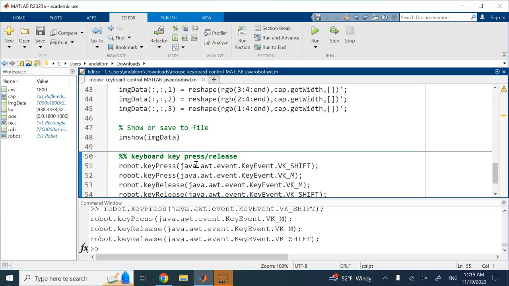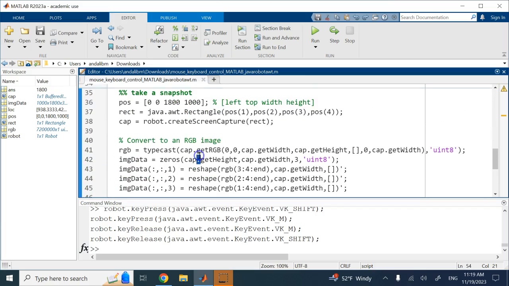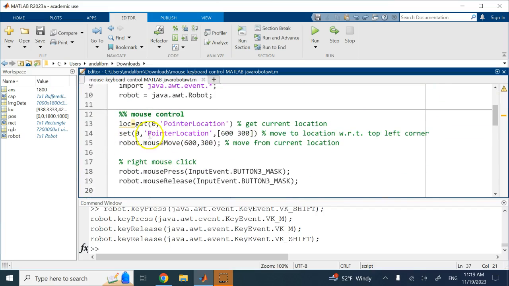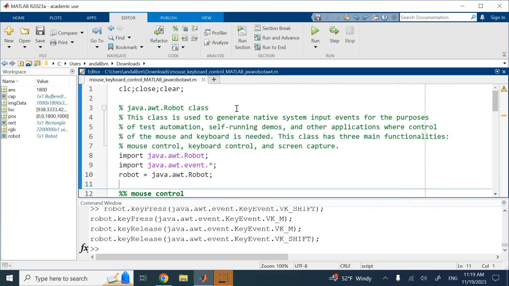So hopefully this was useful to you, how to press and release a key from the keyboard, how to capture a screen, or get the location or move the cursor directly from MATLAB commands using this Java class AWT robot. Hopefully the video was useful to you, and you might be using that in many tasks where you want MATLAB to perform anything and you don't want any user to be included and press anything from the computer or